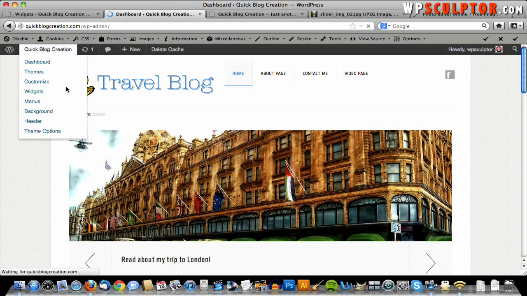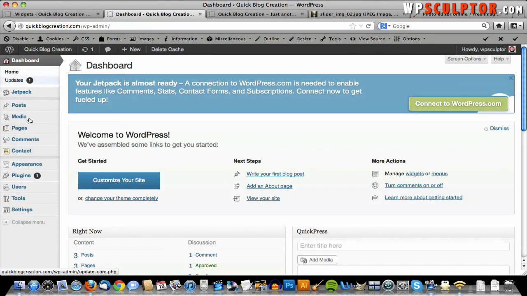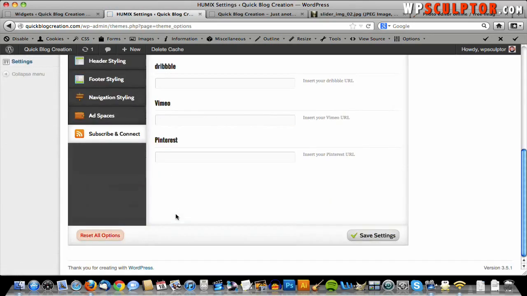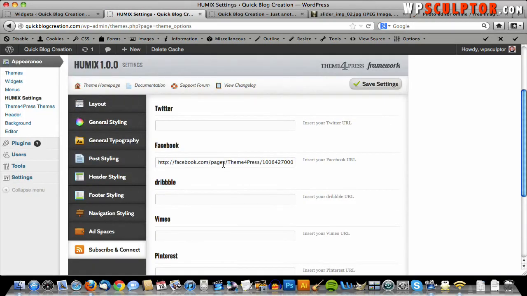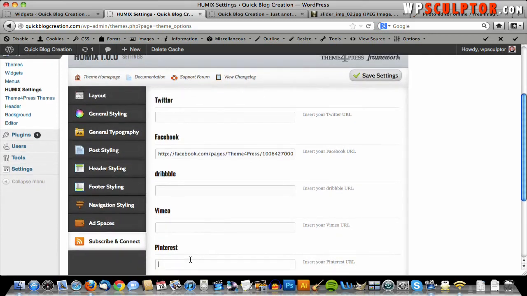And if we go back, Appearance, HUMIX Settings, subscribe and connect, we can change this to whatever the URL of your Facebook page is, and you would do the same with Twitter and Vimeo if you have a Vimeo page, and Pinterest if you had a Pinterest page. You would just copy and paste your URL, and then you would have an icon that showed up for that social media platform. And we're just going to add back